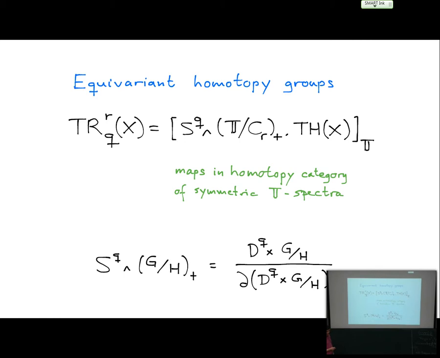No. Yeah, G is the circle group, so that's not discrete. But I will only consider a finite H. And so here I have written C_R for the cyclic group of order R inside the circle. So this is the definition of the group in level R and degree Q in this pro-abelian